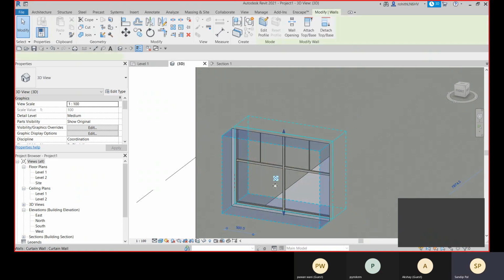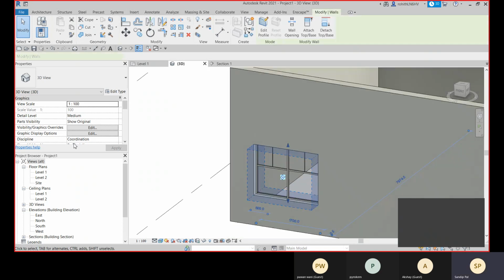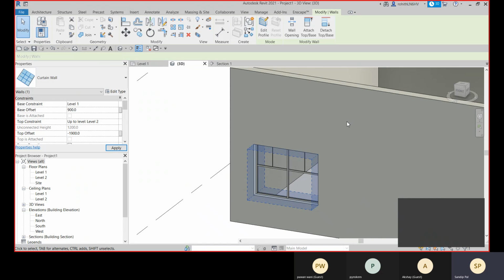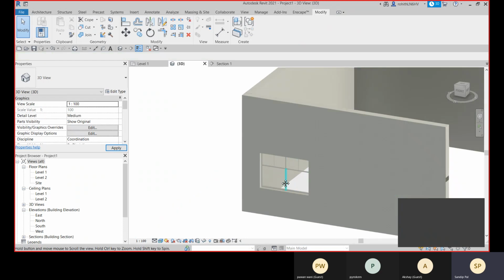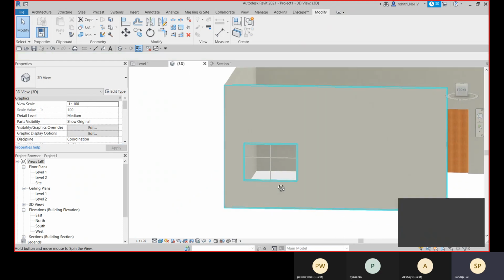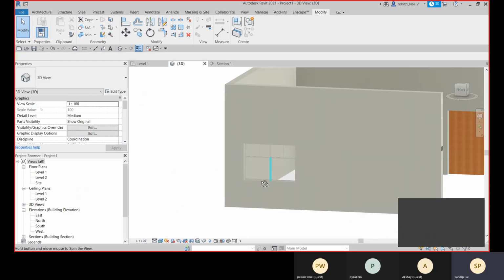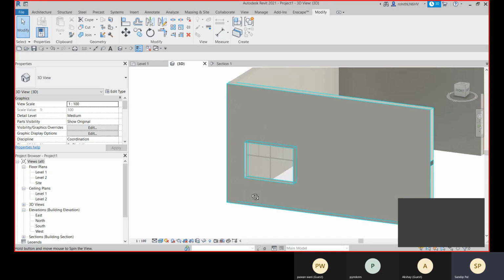And for this you can see this is the base offset which is applied. You can give the base offset properly, that will be 900. Enter. Okay, so that is applied. Right, so you can create some fixed windows like this.